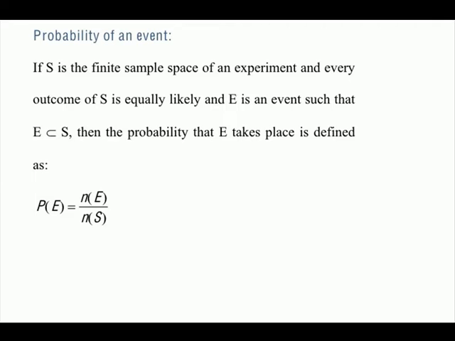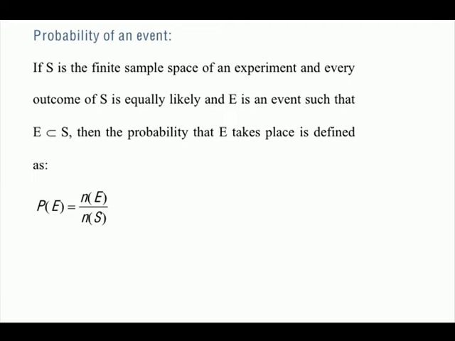What is probability? Probability of an event is essentially the chances of that event occurring. Now, if you look at a textbook, the definition you will find is what you see on the screen here. So, probability is: if S is the finite sample space of an experiment and every outcome of S is equally likely, and E is an event that E belongs to S, then the probability that E takes place is defined as